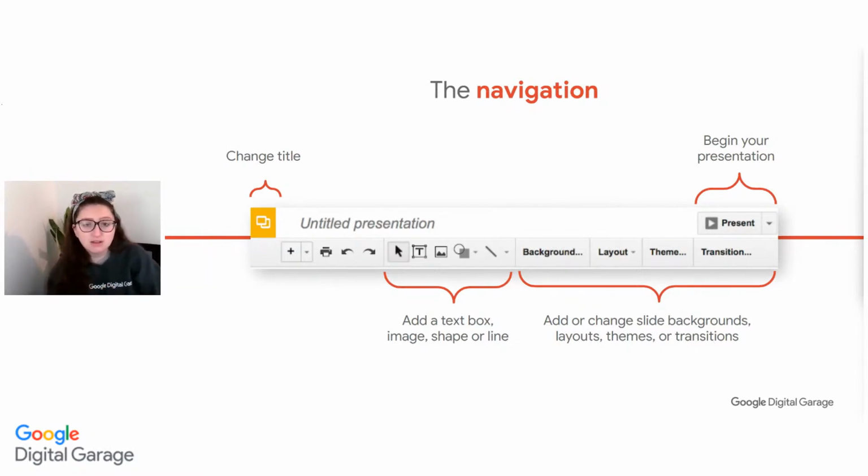And then the bit to the right, this is where we can edit the actual slides. So maybe we decide we want a different theme, or in that layout section, that is where we can access all of the different formats of slides within that theme that we've chosen. Transitions, now we can add transitions if we want something that's not just swipe into the next slide. We can add those transitions within the slides as well there.